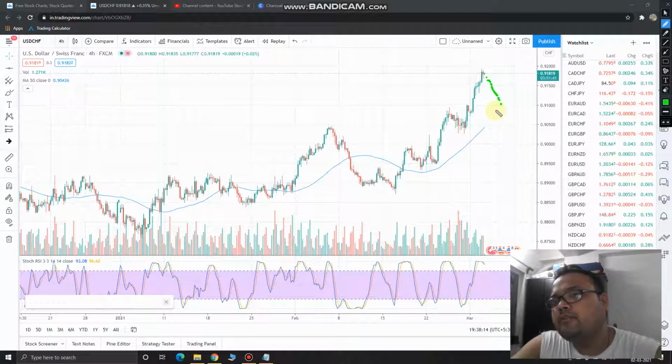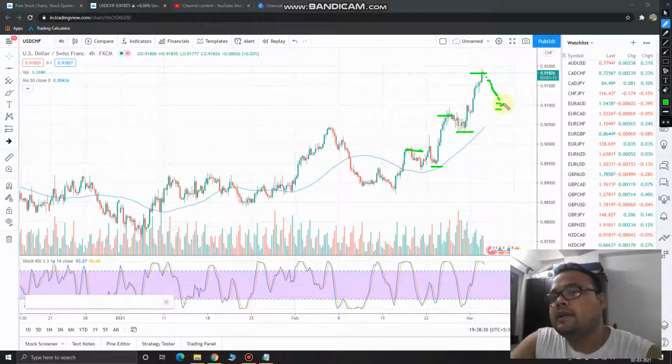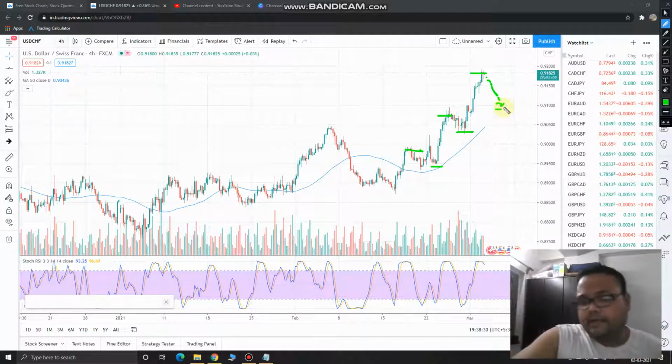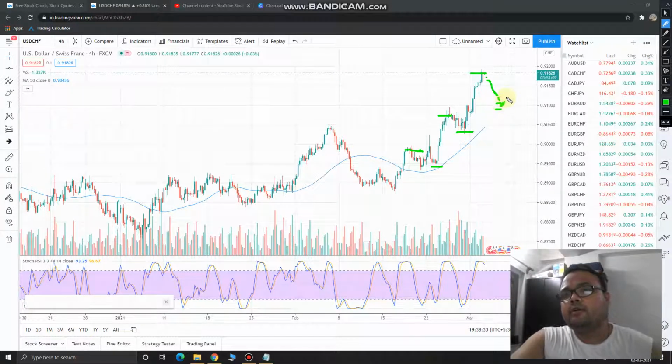If it doesn't take support at the 50 moving average, maybe see, market is making higher highs. Market is not crossing the lows. This is the higher lows. Market is not crossing the lows. So it means that when market will come down again, market will not break this previous low. Instead of breaking the previous low, market will reverse from somewhere around here. If the trend is on, then market will reverse from here. From here market will again start going up.